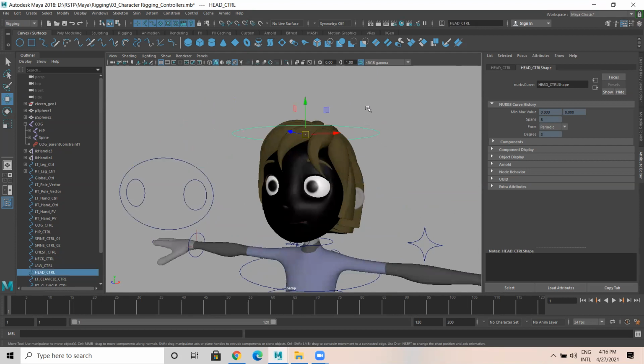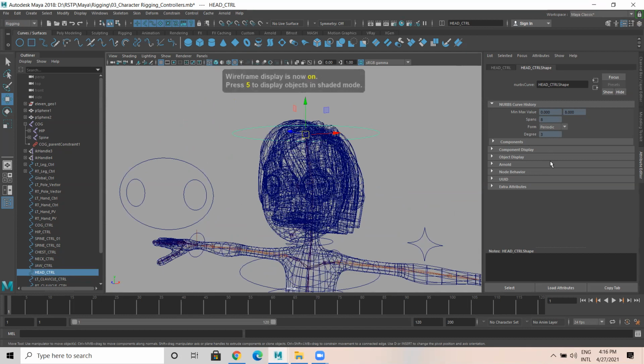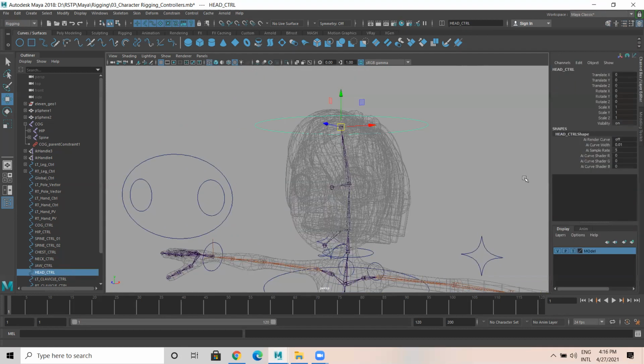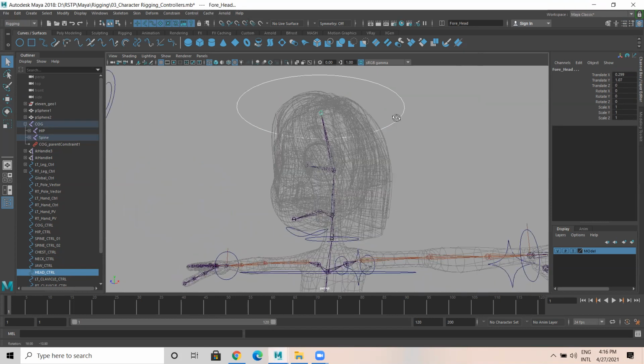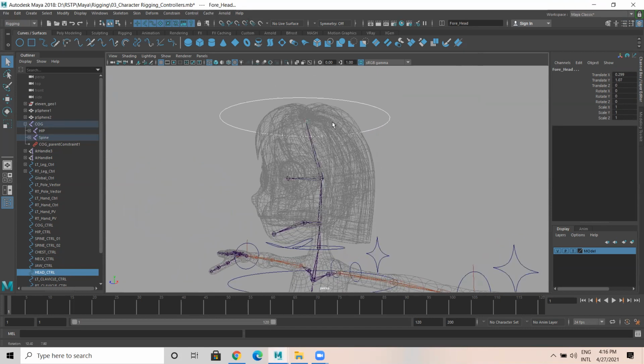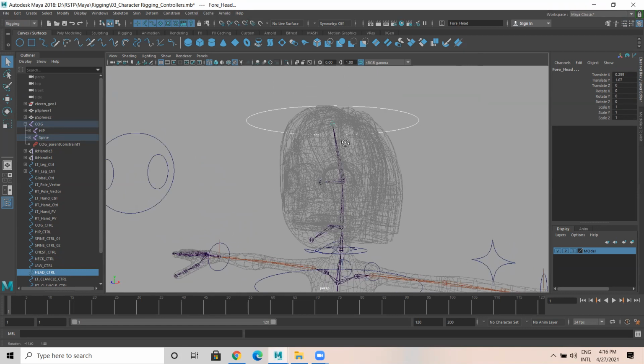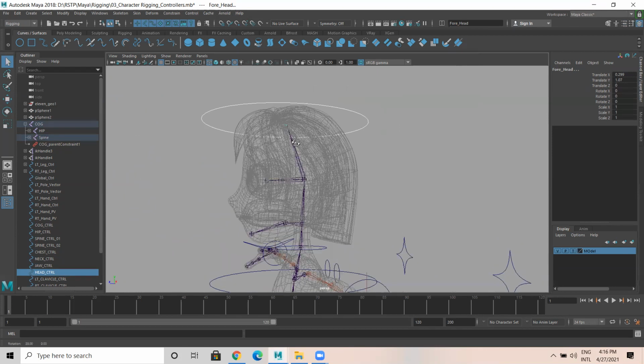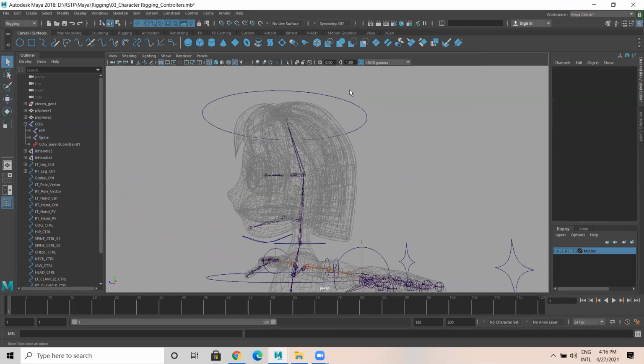Then select this one. Select the head controller. No, not like that.